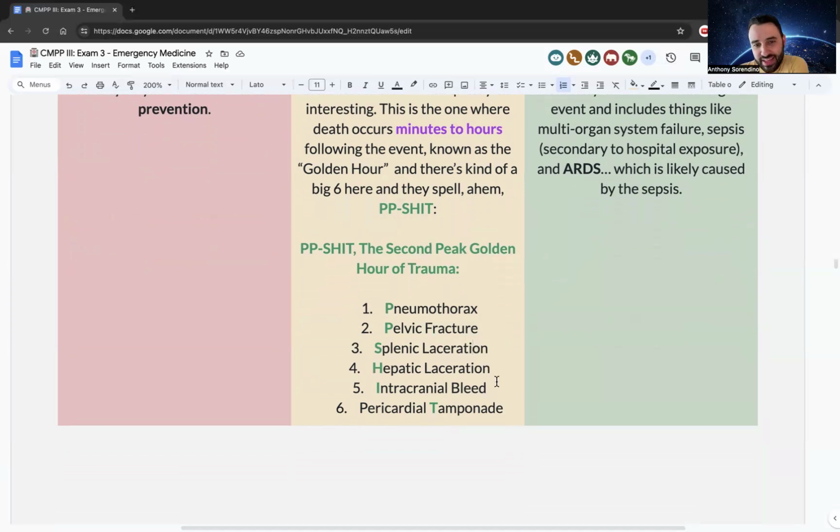So what's interesting is that this hits 4 of the areas you could do for a fast scan, right? Because it's kind of like across. So it's the pelvic fracture, the spleen lac, the liver lac, and then the pericardial tamponade. So all areas you could hit with a fast scan, and then just think a pneumothorax, which you'd have to shoot an X-ray for, and then an intracranial bleed, which you would have to do a CAT scan for. I actually like that. It's a good way to remember these. I mean, I guess they're kind of self-explanatory, but